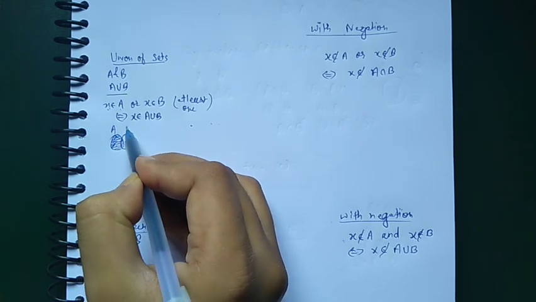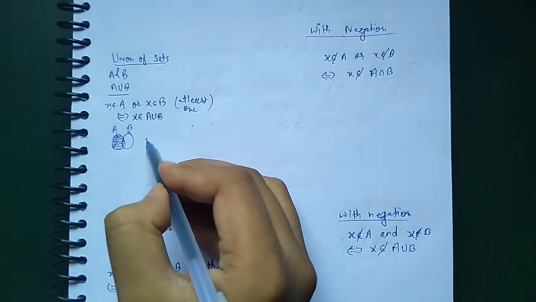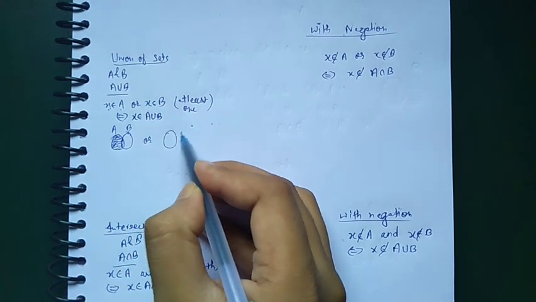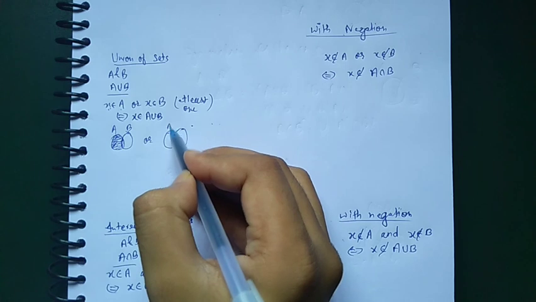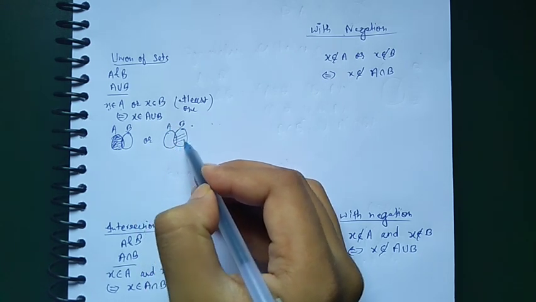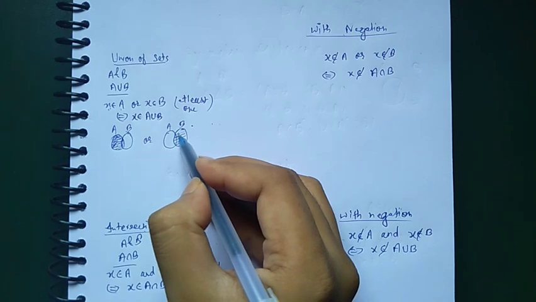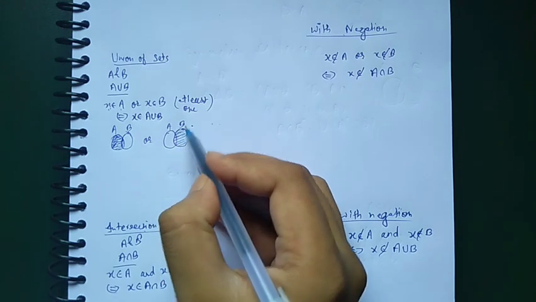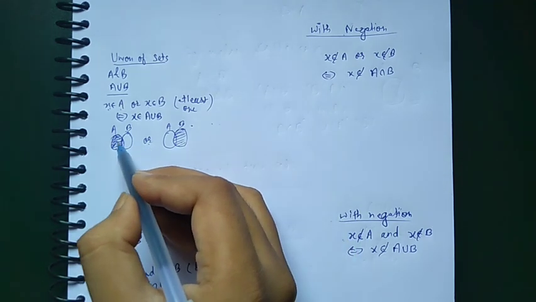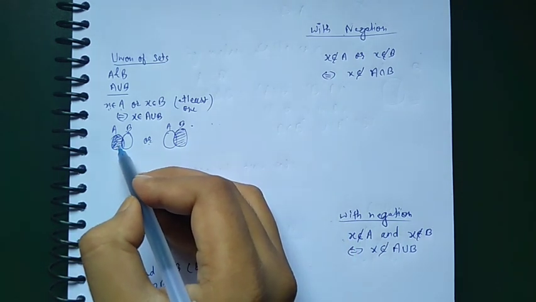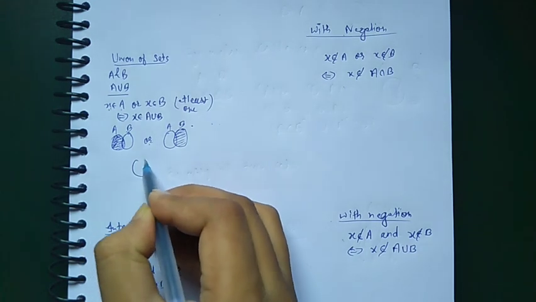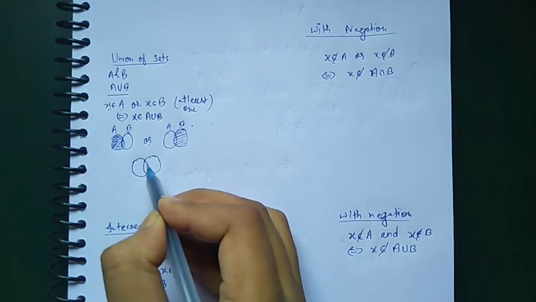This is A, this is B. Or X belongs to B can be represented by this shaded region. X can be anywhere in this shaded region, or X can be anywhere in this shaded region. So it will imply that